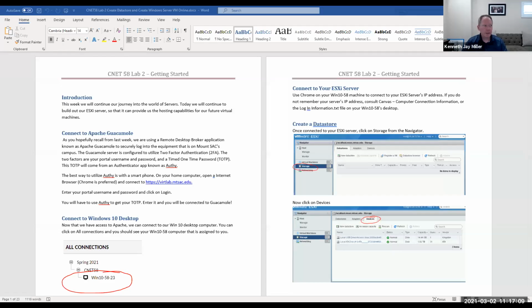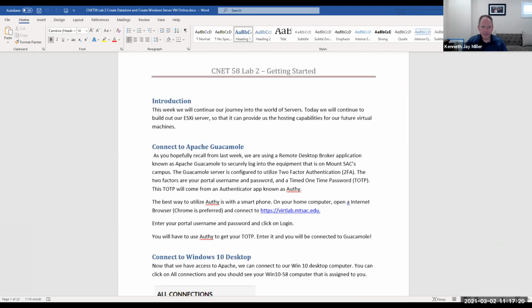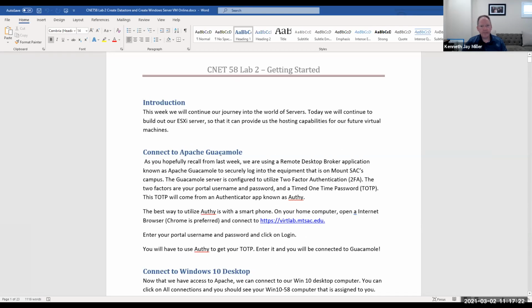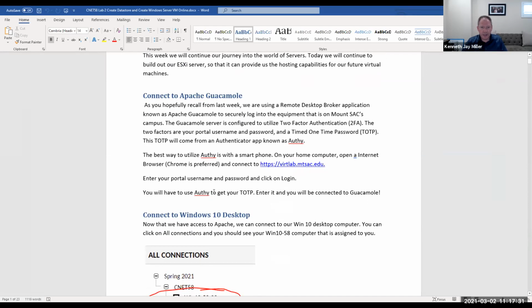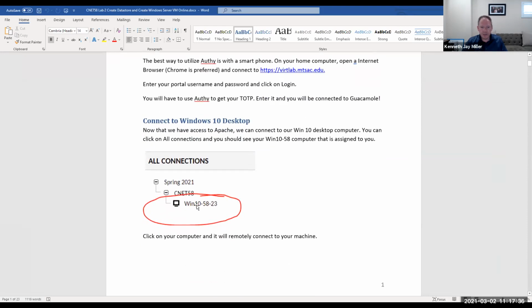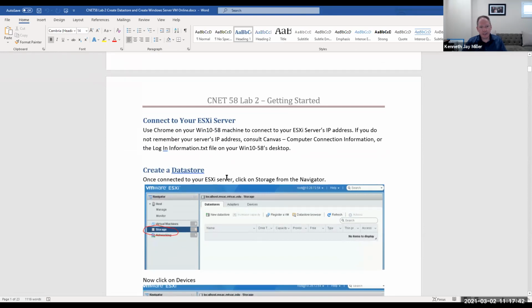All right, so hopefully you can see that. This is lab 2, and you should have access to this on Canvas. I published that. So what we're going to do is, again, we're going to use Authy to connect to the vertlab.montsac.edu, and then connect to your Windows 10 machine. And then once you're connected to your Windows 10 machine, you're going to connect to your ESXi machine,